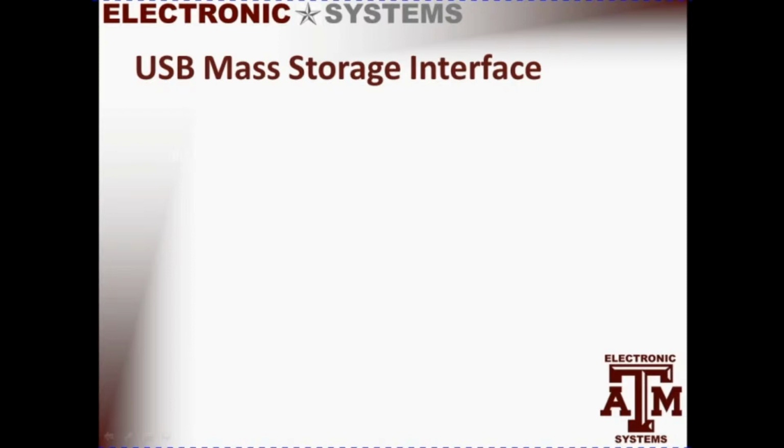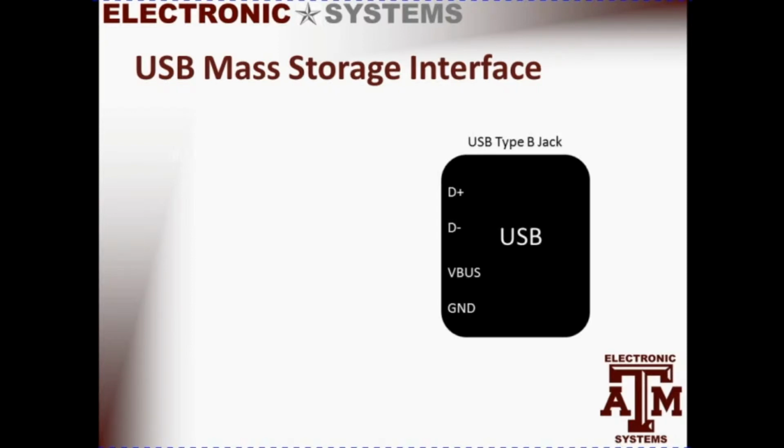Now we'll talk about the USB mass storage interface. Using a USB Type B jack that is mounted on the NESI board, we are able to plug the system into the NanoRacks chassis. As we've already indicated, the USB port does provide the primary 5 volts and ground reference